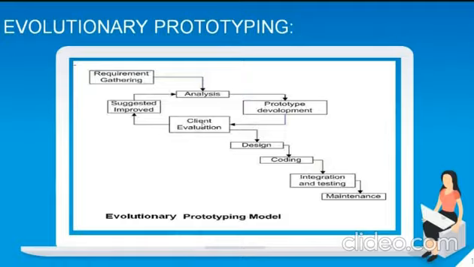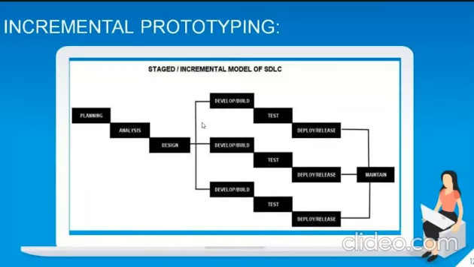And the third model of prototype is the incremental model. What we do here is that the components which have been designed in the low level design, we have different components in low level design, right? Each and every different component is termed as one prototype.